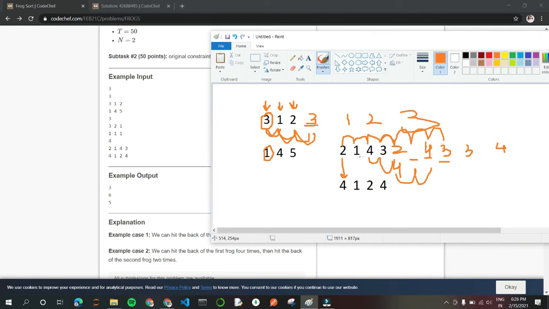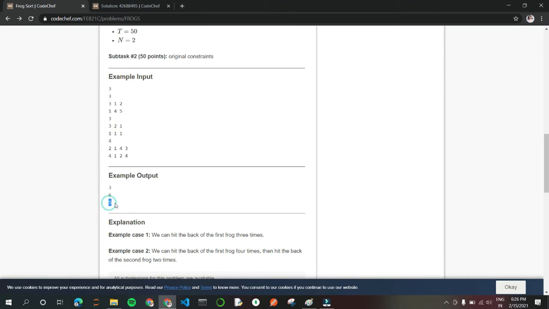Again it is not sorted, because the sequence we are getting now is 1, this 2, the 3 is here, and 4 is here. So again we have to make this 4 jump, and if we make it jump, it will jump 4 times. Now it will be 4 over here. Now it is sorted. So the number of steps, if we count, comes to 5.